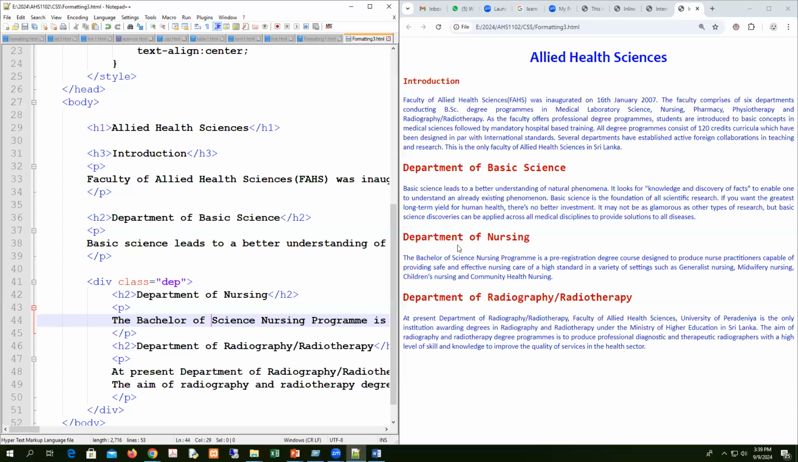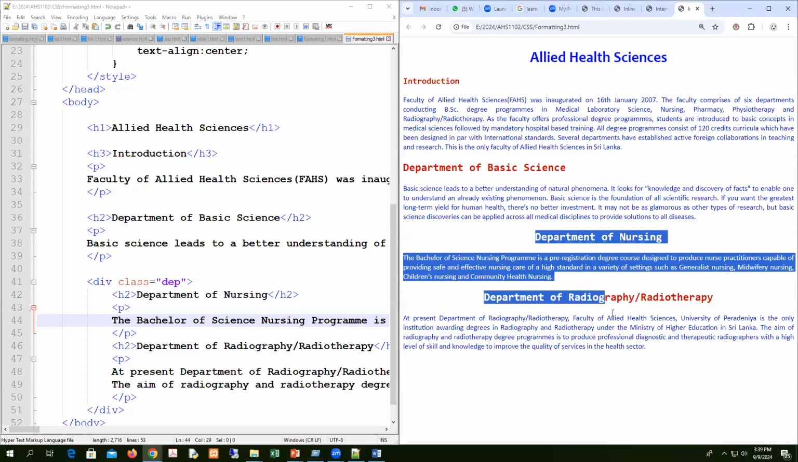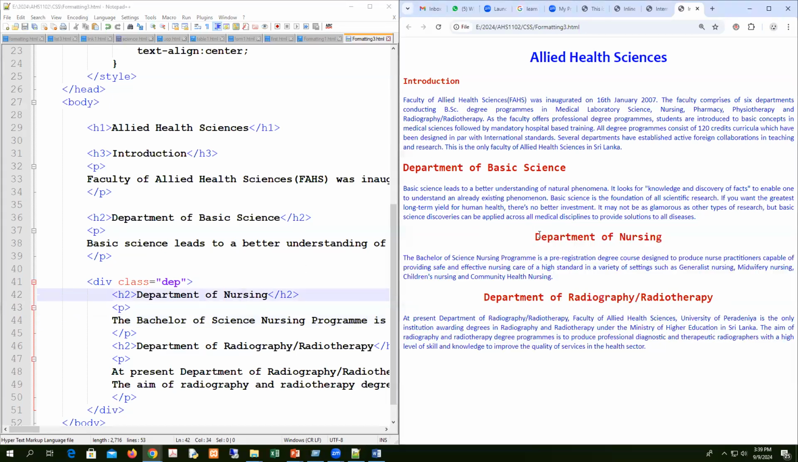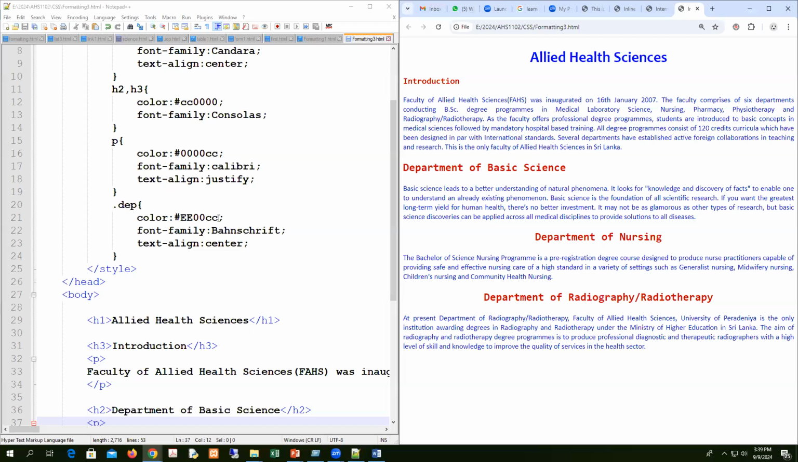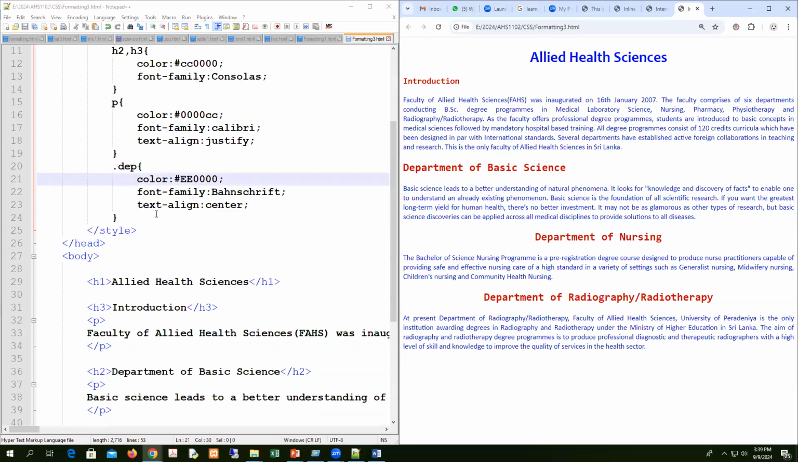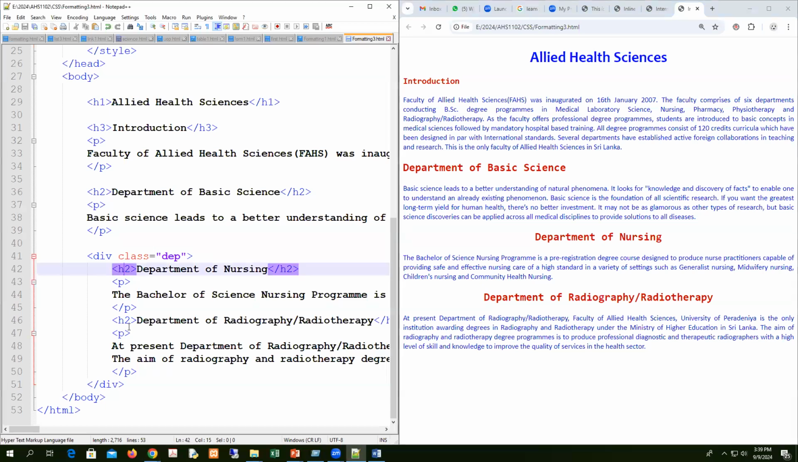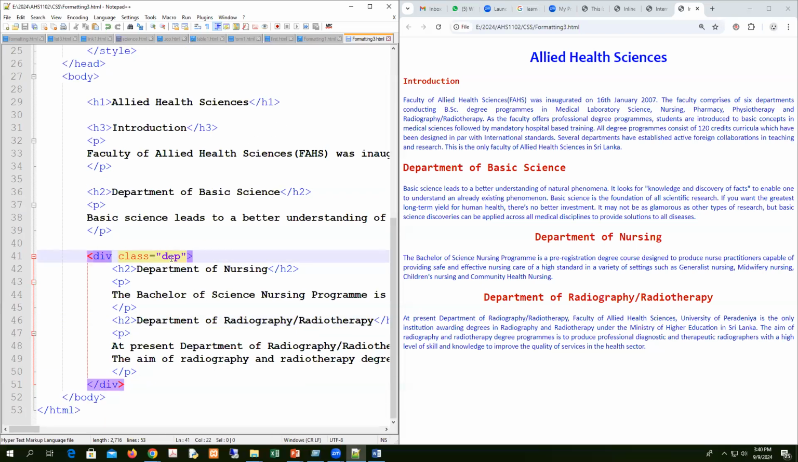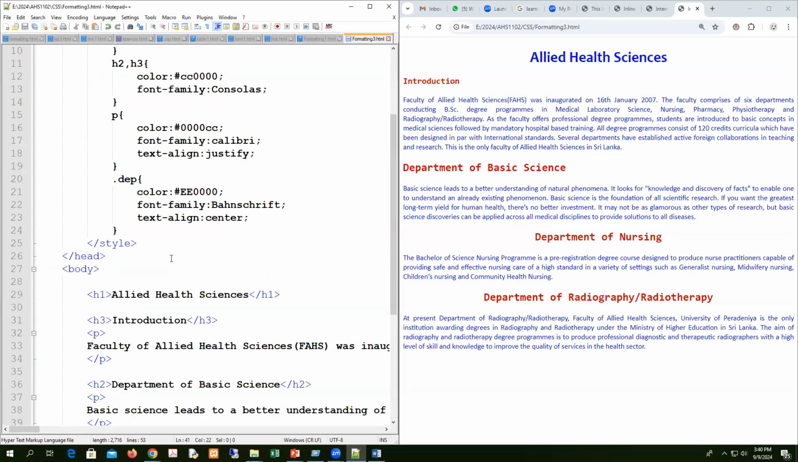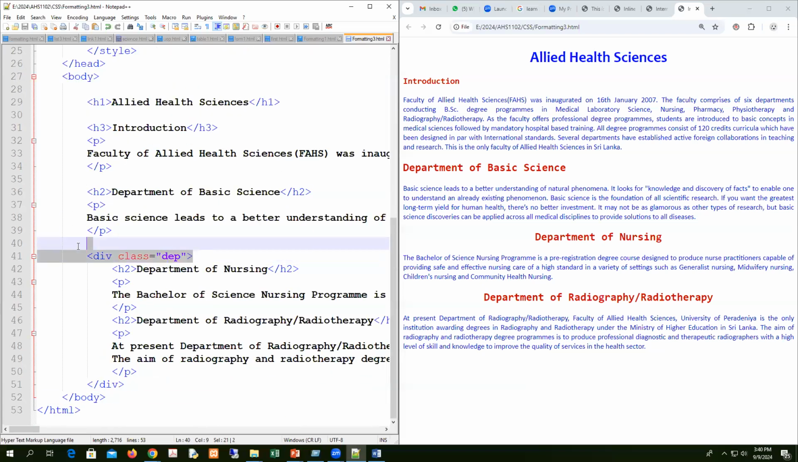Now you can see this formatting is applied to this particular division. These headings are center aligned, and the colors are not that different, because the H2 and these two paragraphs are already formatted. So this is how we apply formatting for a particular division. If you remove this, you can see,